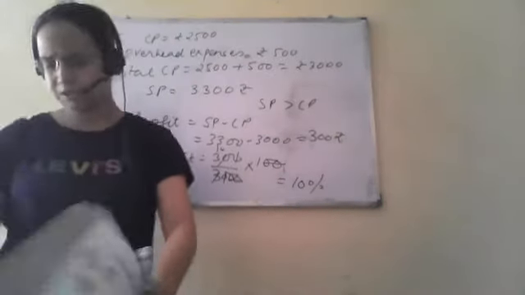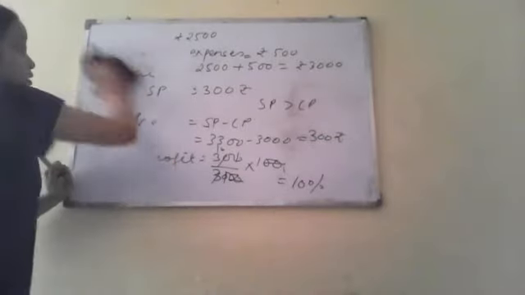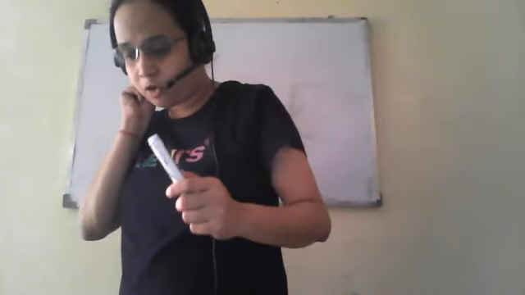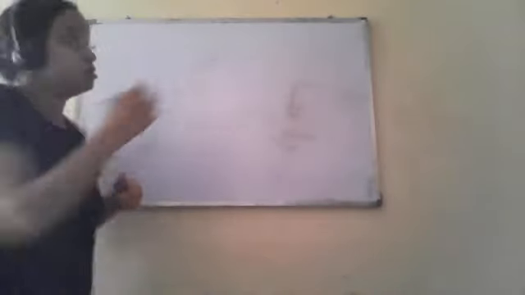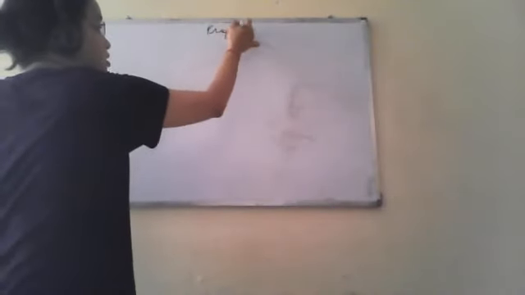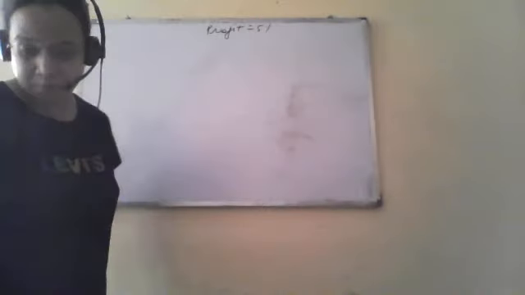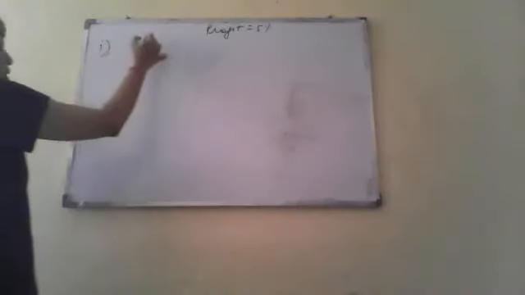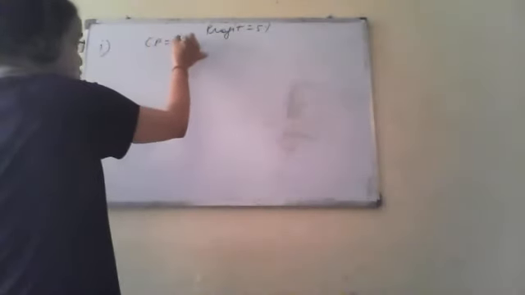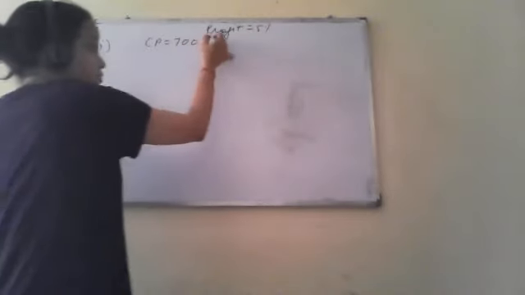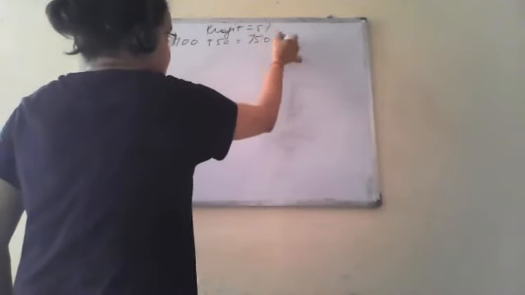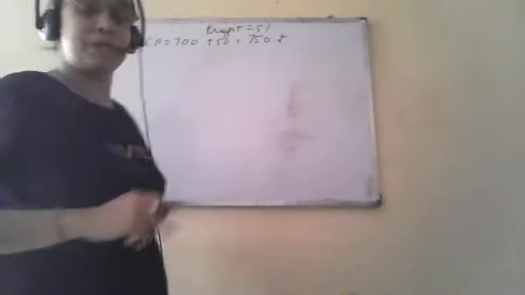Now more examples. Find the selling price if a profit of 5% is made on: see, profit is given as 5%. The first part is a cycle of rupees 700 with 50 as overhead charges. So the cost price is rupees 700 plus 50; 50 is the overhead expense. So total CP will be 750, and he gains a profit of 5%.